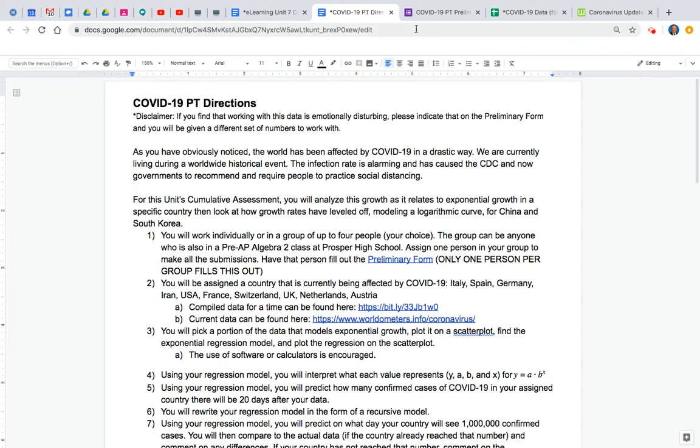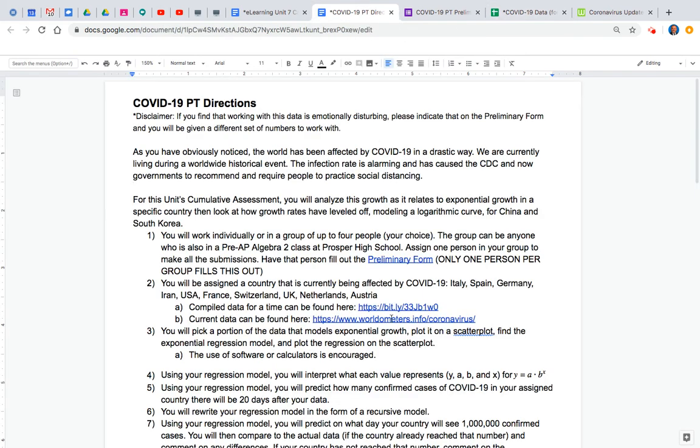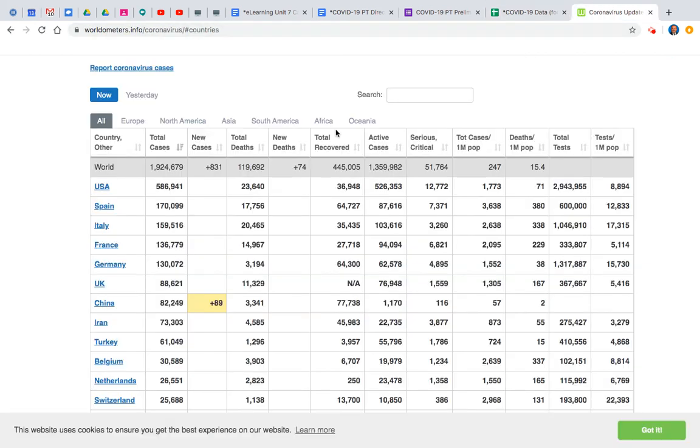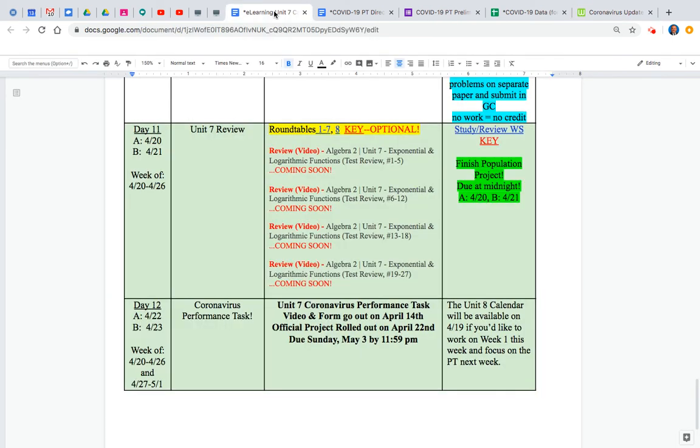All you really need to do is, like these 2 links right here, data is going to be coming at you as well, different data that you're able to access online that will help you with these regression and logarithmic models. Again, this video is only introductory. It's not full details, and it's just to let you know so that you can devise your teams and assign your group team leader this week.